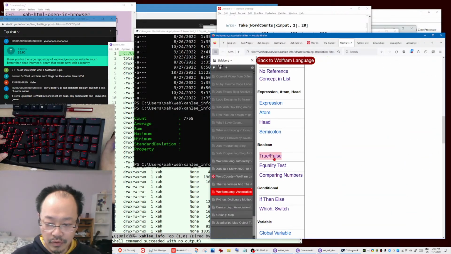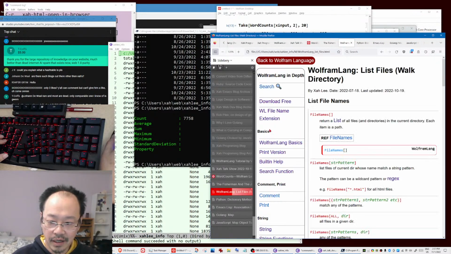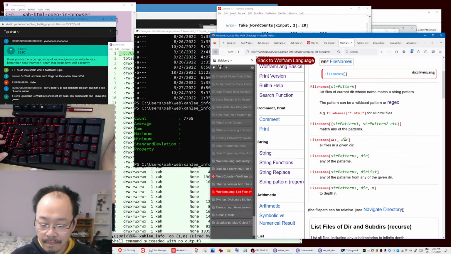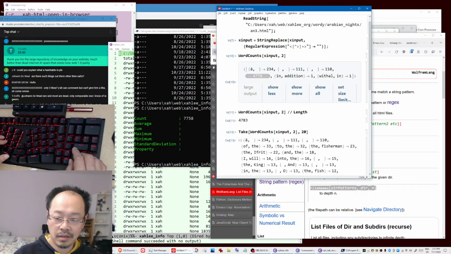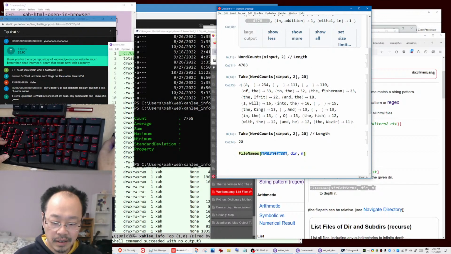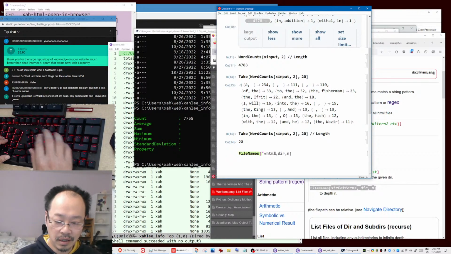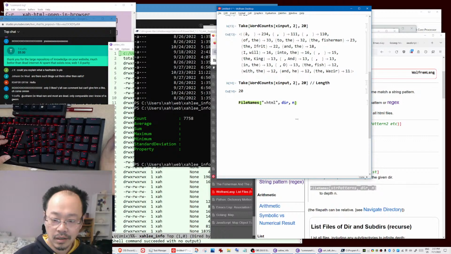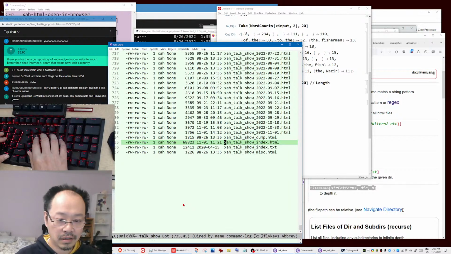So Wolfram language, true false equality. So we have read file, list files. There it is. File names, string pattern, directory. There it is. That's the thing we want. Okay, copy it. So let's do it here. Now string pattern will be, let's just say star HTML. You can also use a regular expression. Now directory will be, for now,